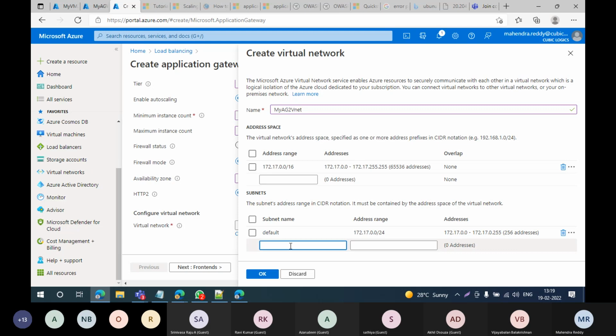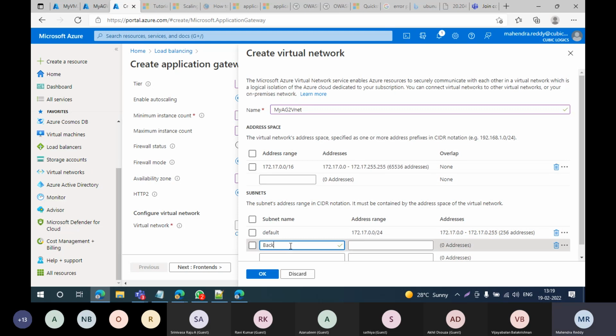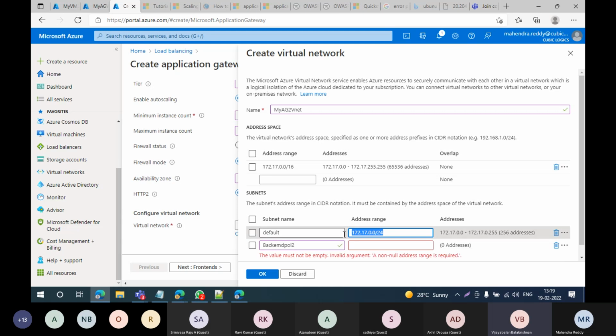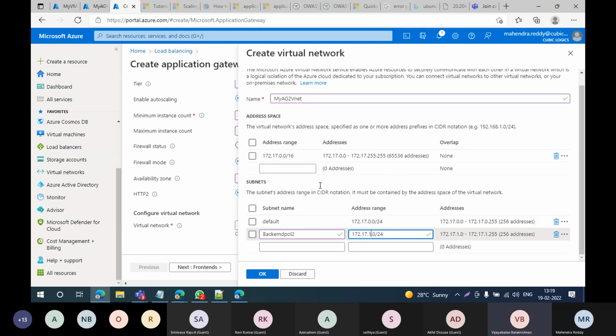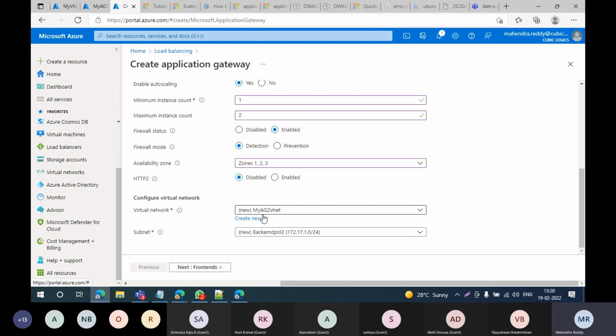I can say backend pool 2. You can expand n number of networks, and based on the host machines, we can divide subnets. Basically, you are restricting: only these networks can be allowed. Okay, selected here.